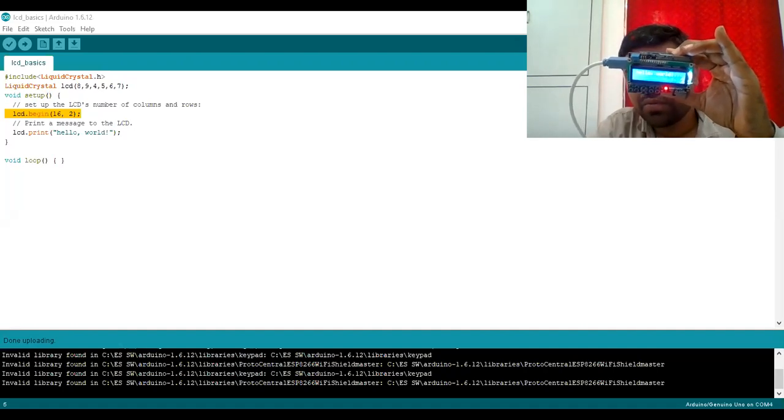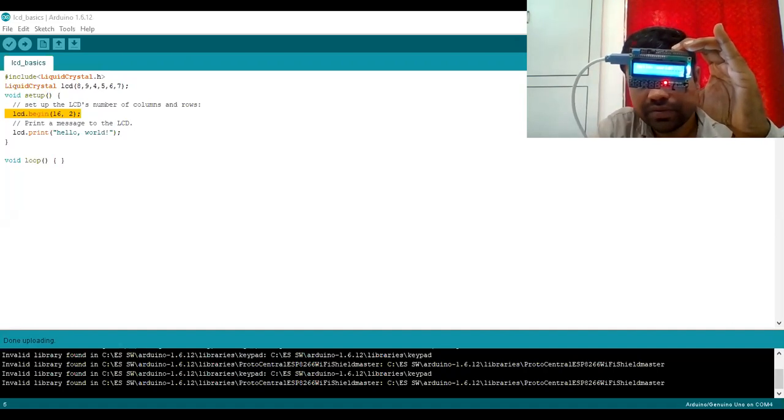After uploading the code to the Arduino board, we are getting the message "hello world" on the LCD. This is the example for the first program.